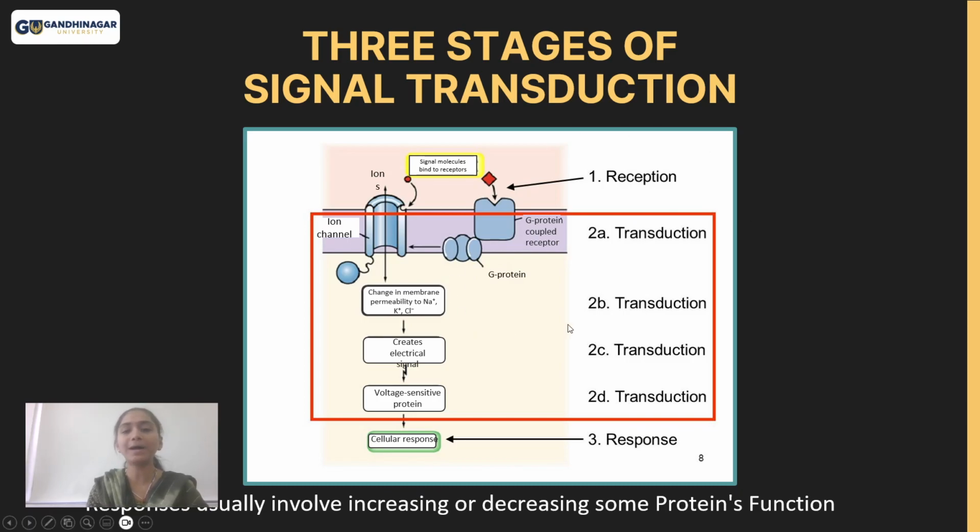After the binding and its conformational changes, it gives the cellular response. Once the signal has been transduced inside the cell, it elicits a specific cellular response. This can involve a wide range of cellular processes, including changes in gene expression, alteration in cell metabolism, cytoskeletal rearrangement, or secretion of molecules. The nature of the response depends on the type of signaling pathway activated and the specific cellular context.